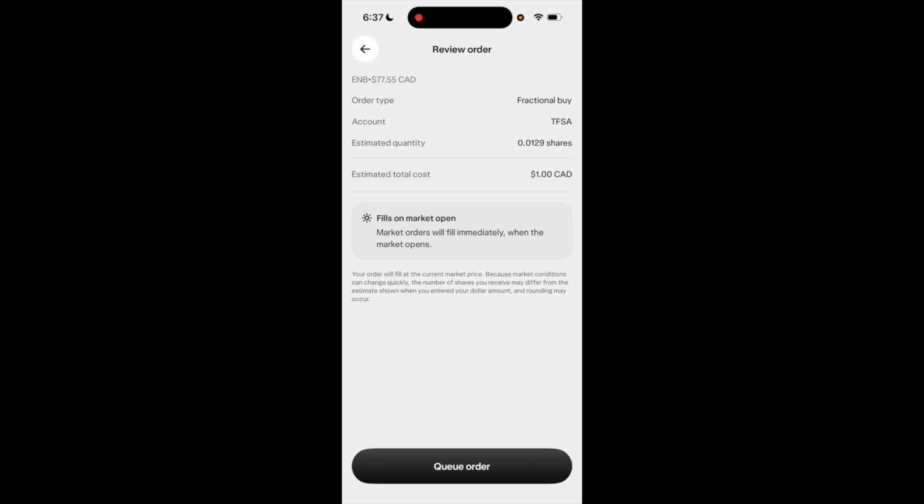And if this looks good and you want to proceed, go to the bottom, press where it says queue order, or if the market's open, you can buy the stock to complete the transaction inside of your TFSA that way. So that's how you guys can buy stocks in your TFSA or your tax-free savings account here in